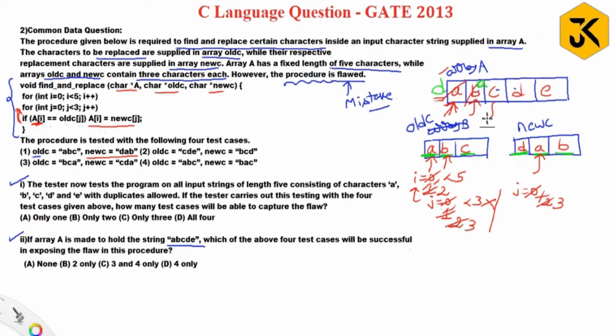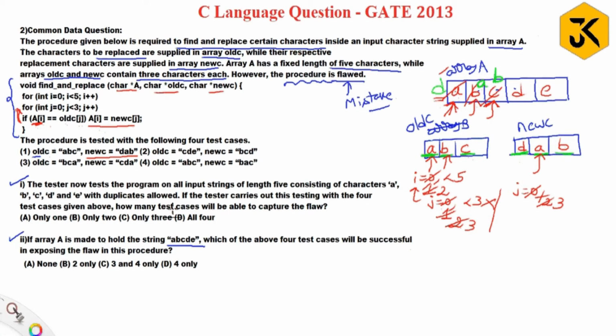Means from the next iteration we are trying to trace it out here. Now is c double equal to a? Condition fails. Is c double equal to b? Condition fails. Is c double equal to c? Yes, condition true. When the condition is true, this particular value should be replaced with its corresponding character b. Once you trace it, you can understand this one. So D A B. Yes, fine. Next, what will happen?